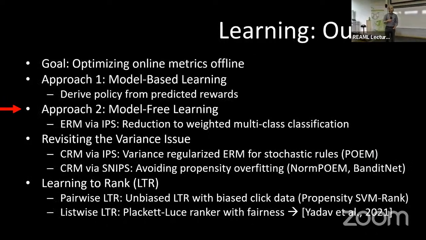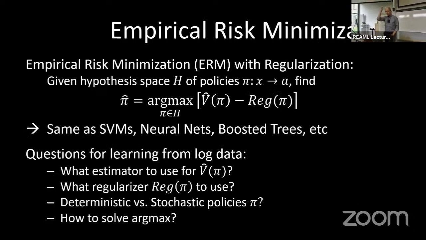That's the model-free approach. We don't actually model the world, we don't model the reward function, but we directly want to learn a policy. So how can we do that? It's actually pretty straightforward. We can do empirical risk minimization. We optimize training error: either we maximize training reward or minimize training loss. My slides are a little all over in terms of whether we're maximizing reward or minimizing loss, but it's the same thing. Here we are maximizing reward.